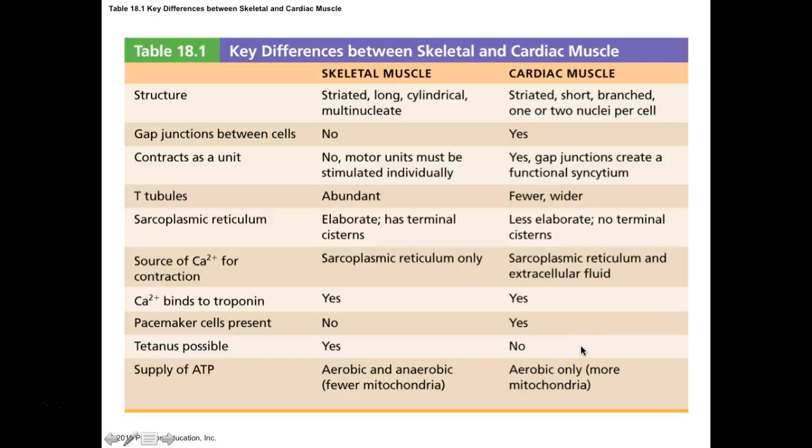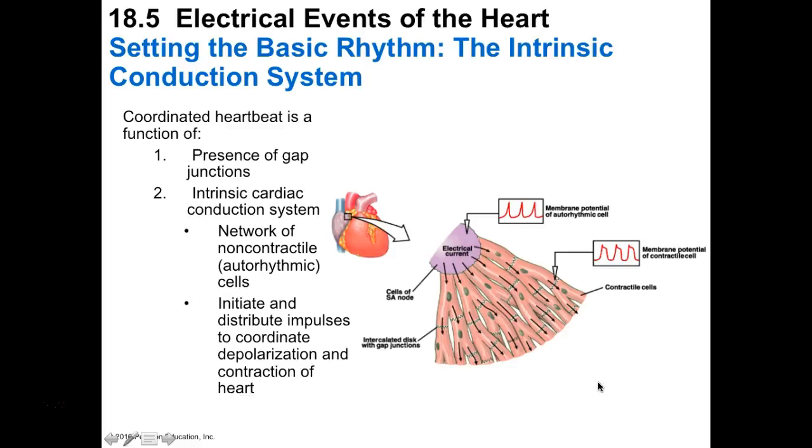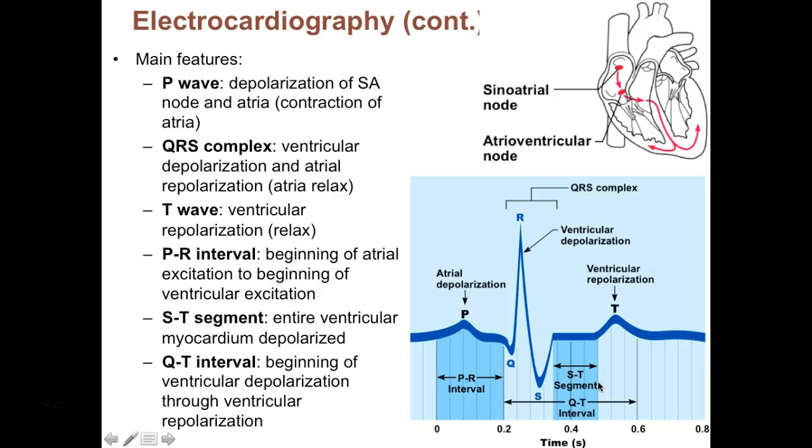If you remember, tetanus is going to be when the muscle fiber is stimulated so rapidly that it doesn't relax at all between stimuli. And so that's why we only have it in skeletal muscle. And then our supply of ATP is going to be aerobic and anaerobic in skeletal muscle, but only aerobic in cardiac muscle. So we're going to talk more about this in class. I'm just going to pass forward through. We're also going to learn how to understand what